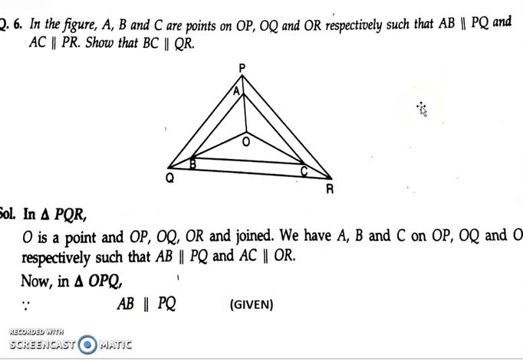So, this is the next problem. Question number 6. In the figure, A, B and C are points on OP, OQ and OR respectively, such that AB is parallel to PQ, AC is parallel to PR. So, first see the lines which are parallel. First set of lines are AB parallel to PQ. So, if AB is parallel to PQ, the triangle that I must consider here is